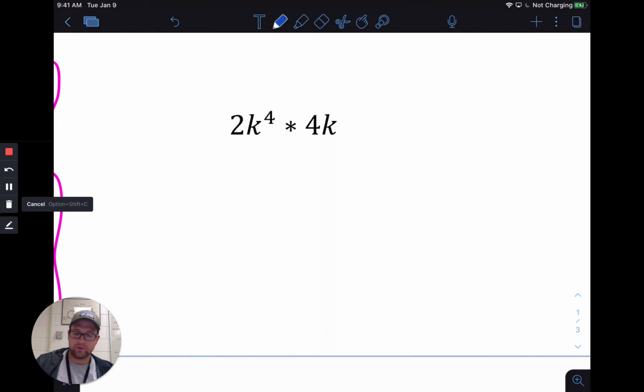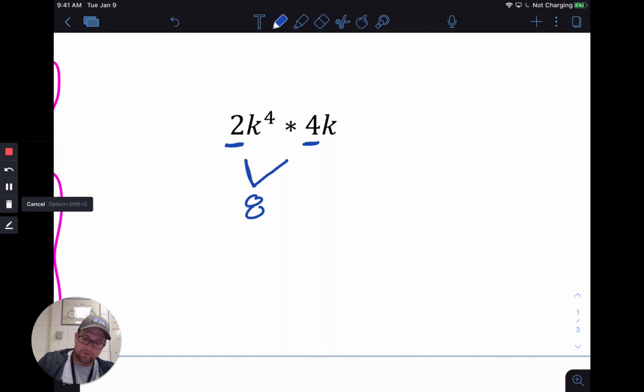So right here we see that we have two exponential expressions that are being multiplied together. So again, the way we handle these numbers in front is just like you normally would. Treat those, don't do anything different. 2 times 4 gives us 8. So we get an 8 that comes from those two numbers. Looking at k to the fourth and k,